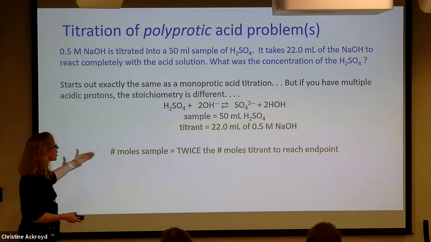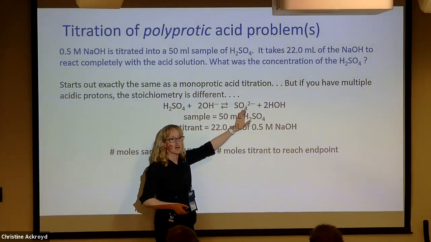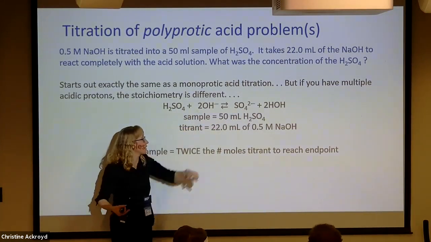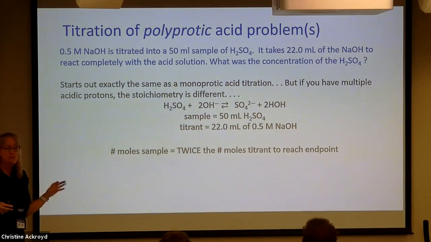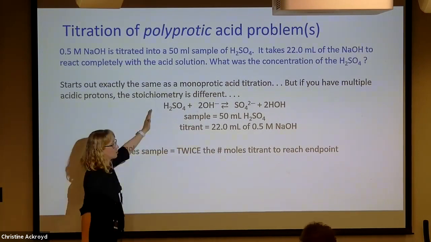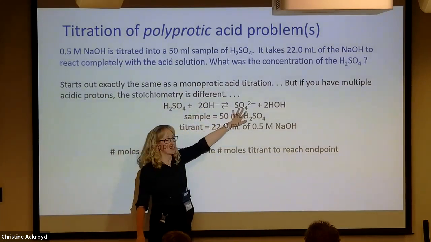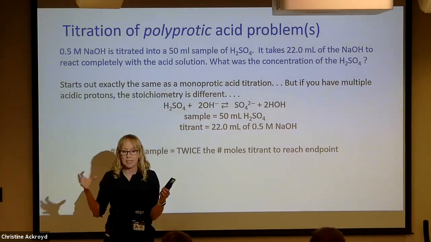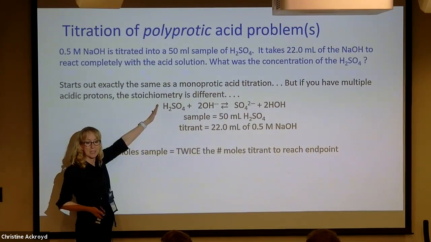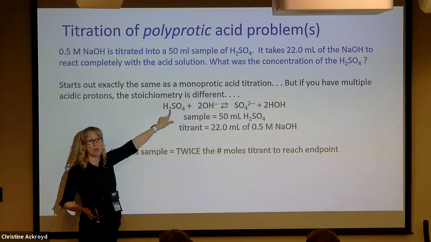Okay, so the reaction here is H2SO4 becoming sulfate ion. We're going to go to 2 equivalence points, so we need 2 equivalents of sodium hydroxide to get the product. Okay, if the problem said react to the first end point, what reaction would you do? Just have 1 form HSO4-. So your trick here is that you have to read carefully to figure out what reaction we're talking about. Once we know that it's reacted completely, we know it takes 2 moles of sodium hydroxide for every 1 mole of acid because we're reacting with both of those protons.